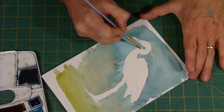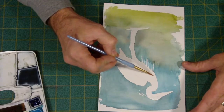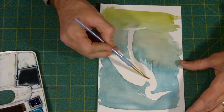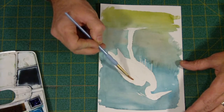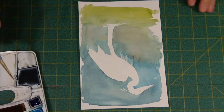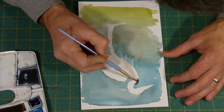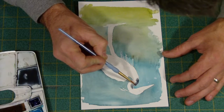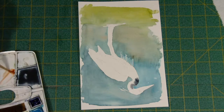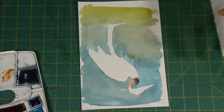And I'm doing this because his head is fairly white, fairly light up there, but the rest of him is really not dark, but much darker, I guess I should say. I think that's plenty far enough. I'm not going to go any further than that anyways. So I want to make sure that when I put this color on, it'll run up towards his head, but I don't want it necessarily to go all the way up there. I want some of it to stay down here,